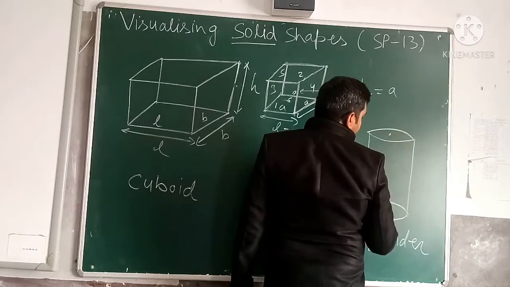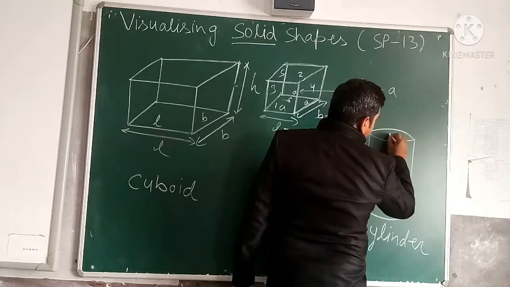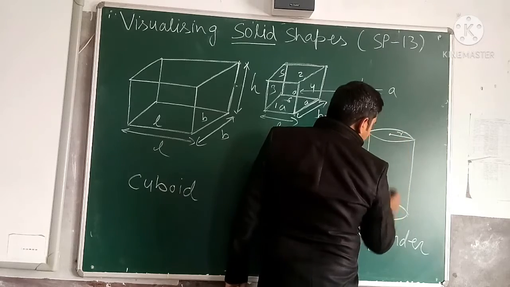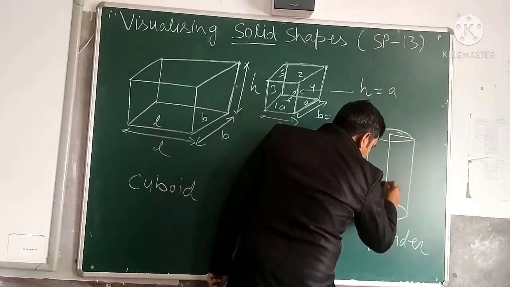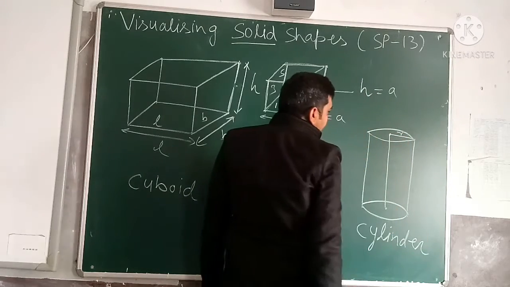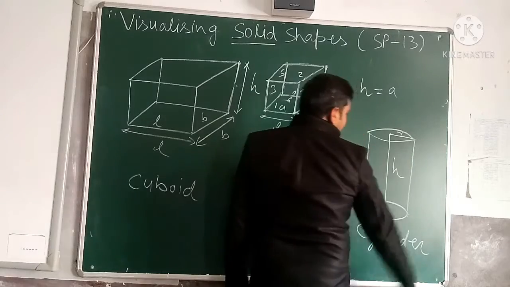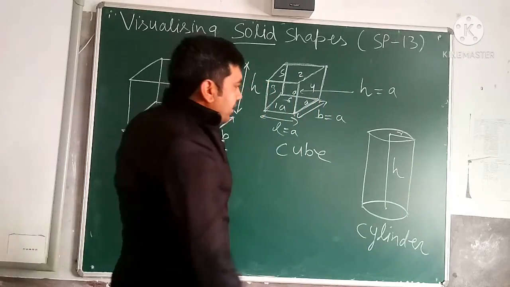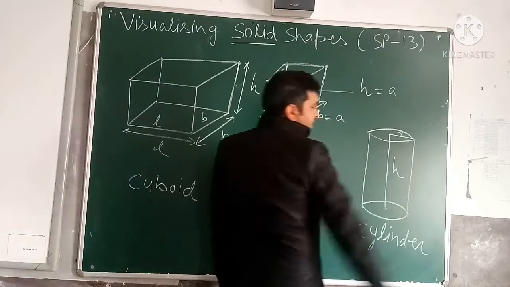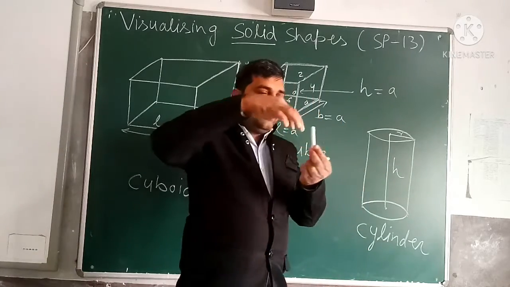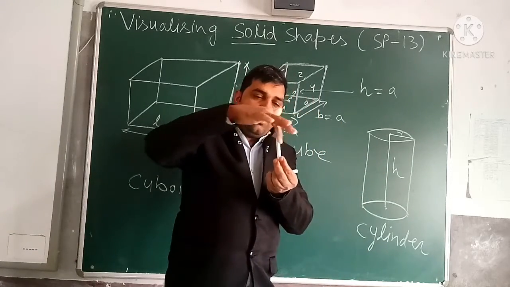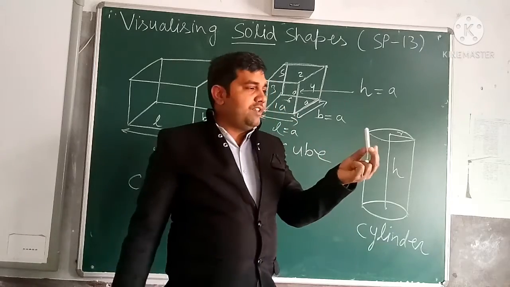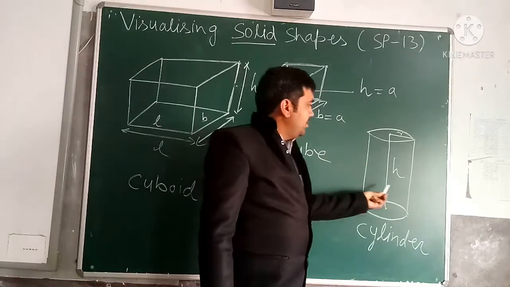This is the center of the cylinder face, and from this is called the radius of the cylinder, and the distance between the centers of the two faces, top and bottom face of the cylinder, is called the height. This is the height of the cylinder. Okay. And this is called the curved face. The round face of the cylinder is called the curved surface.